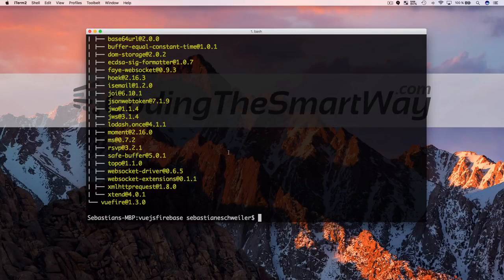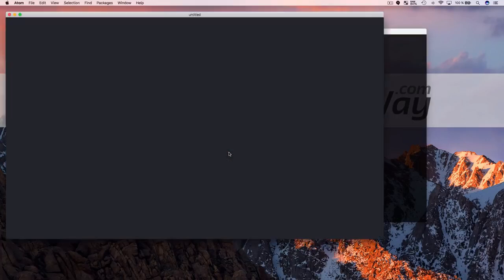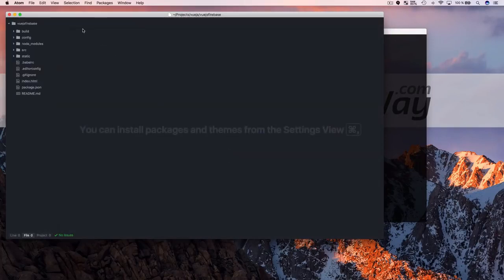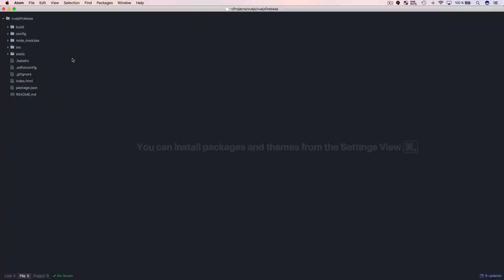Okay, here we are again. So everything now is installed and available for use. And the next thing I'm going to do is to open up Atom, because Atom is the code editor I'm going to use here. And I'm opening up Atom with the project structure here in our Vue.js Firebase folder. And now the first thing we need to do is to go to the source folder here and open